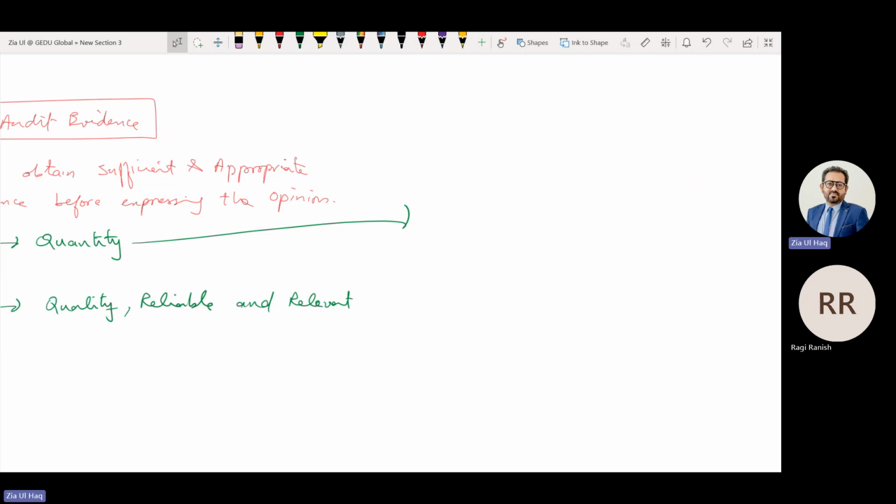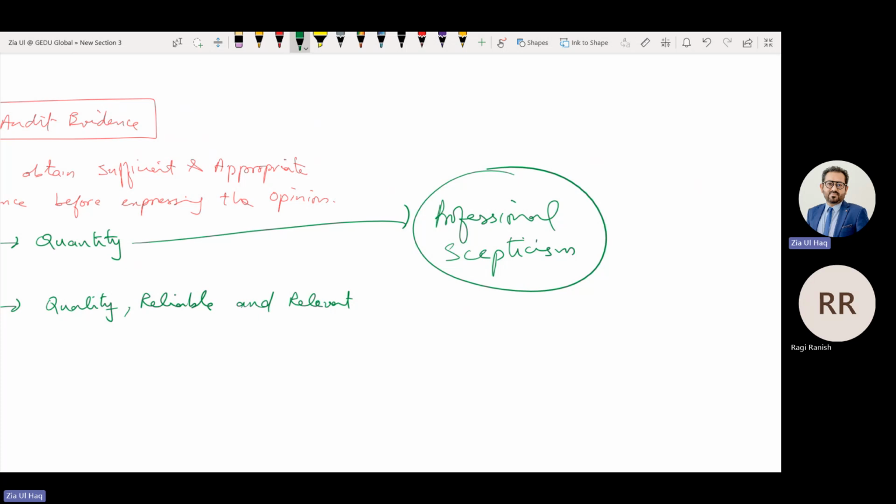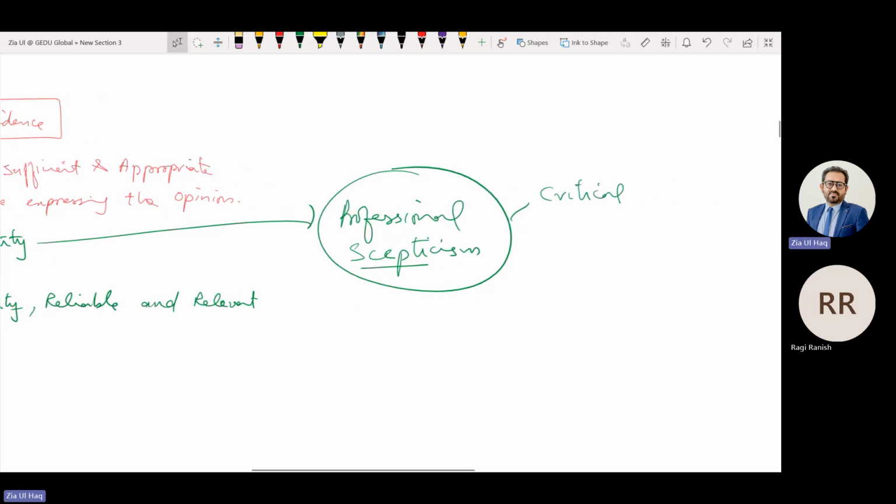Throughout the audit, you should maintain your professional skepticism. An auditor must be professionally skeptical. Skeptic means the auditor must be of critical nature, of questioning mind.